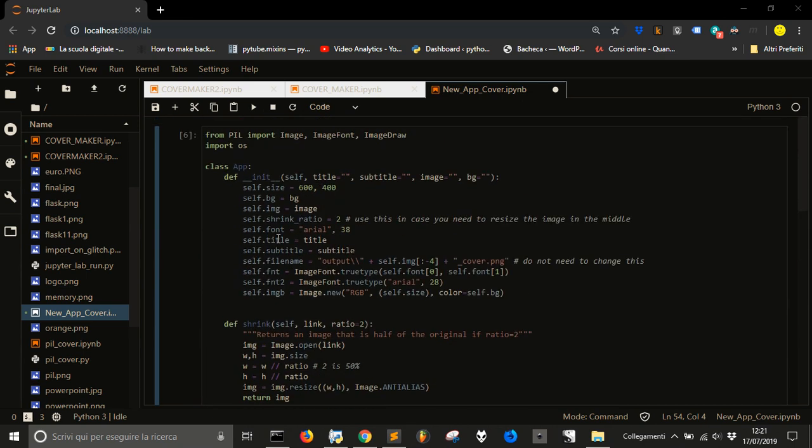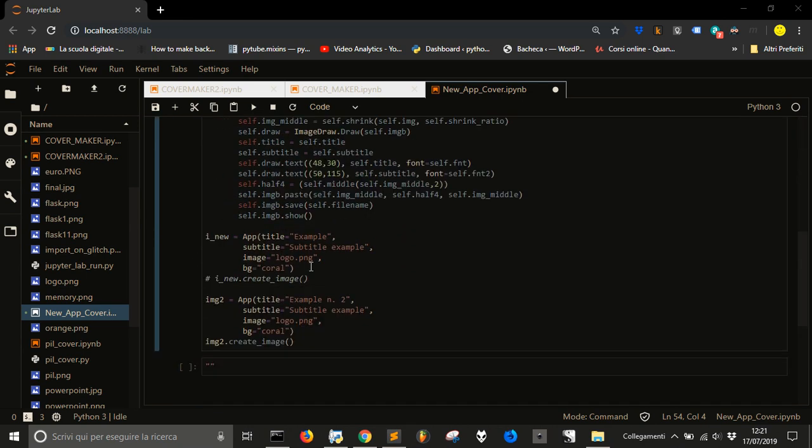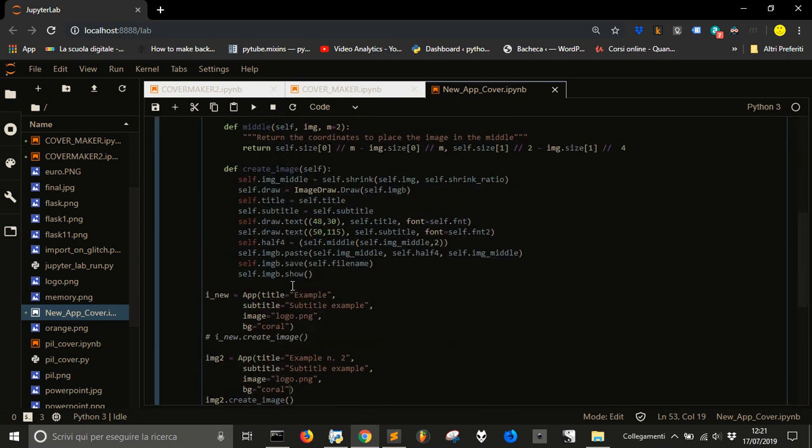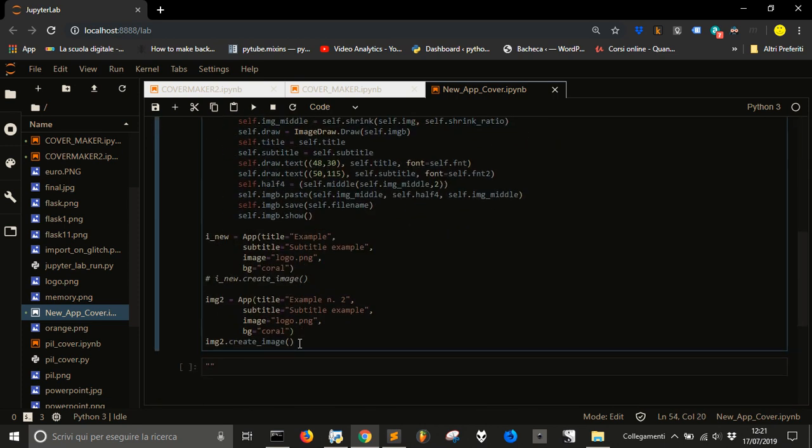So using the app now, it's easier to insert your data, to customize your cover, and also you can save the data for others to use again. Another thing that makes it more usable is that, for example, you could also create more images. For example, if you want to do